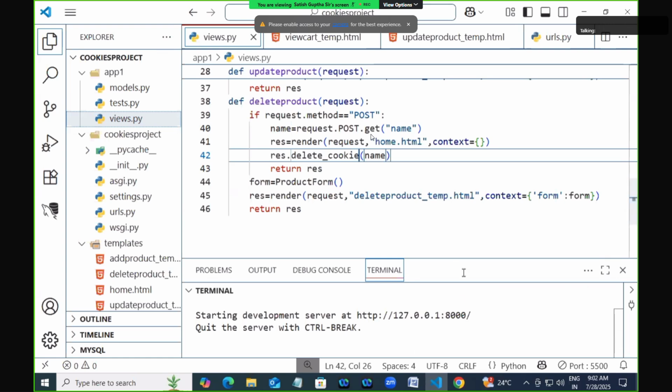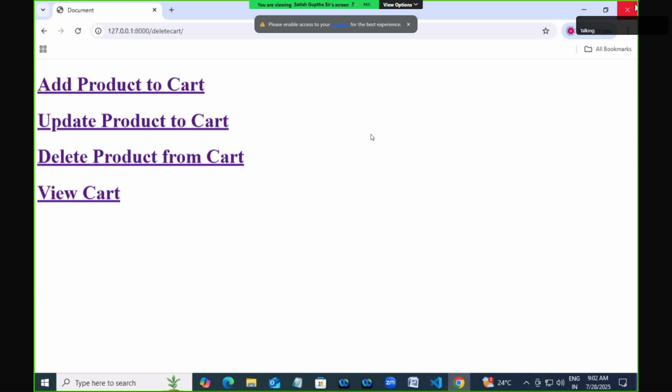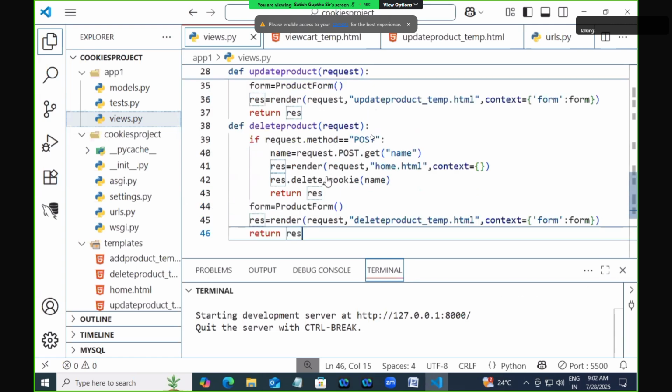But whatever cookies you created, all these cookies are persistent or non-persistent? Non-persistent means once the browser is closed, these cookies also get deleted. Understood? Right? So here we are trying to perform the operations like how to add the cookie to the browser,